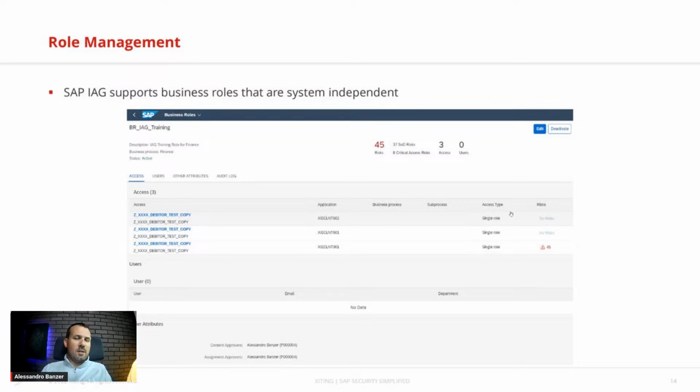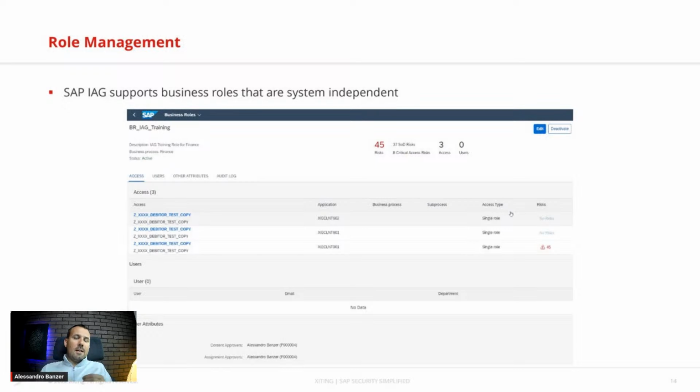So business roles obviously are very important, especially when it comes to role mining. What I mean with role mining is, if a user, and I'm not talking about the HR trigger because that's a different conversation altogether, but if you talk about self-service, if a user needs to request access, or maybe I have to request access for one of my employees, or I have a new hire and I want to make sure that when they start, they have the proper authorizations.